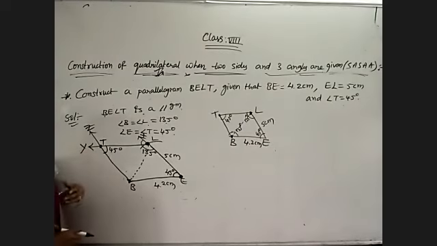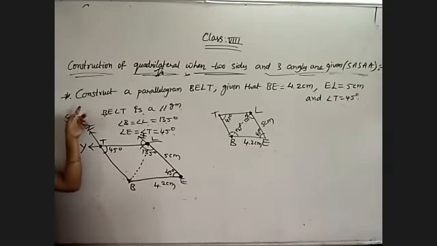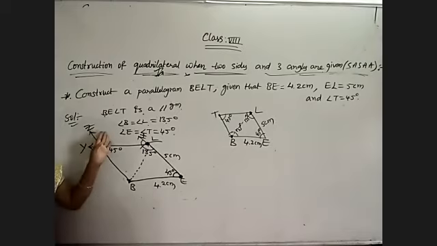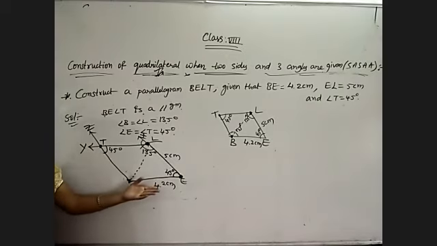That's it. So like this we will get the parallelogram when only 3 measures are given. We need to find the remaining 2 measurements. If they are asking to use the side and diagonal criteria, then whatever sides are not given, you need to find out. If a diagonal is needed, they will give it. So in the case of a parallelogram, they will always give only 3 measurements. Remember this. We need to use the properties and find the remaining required values.